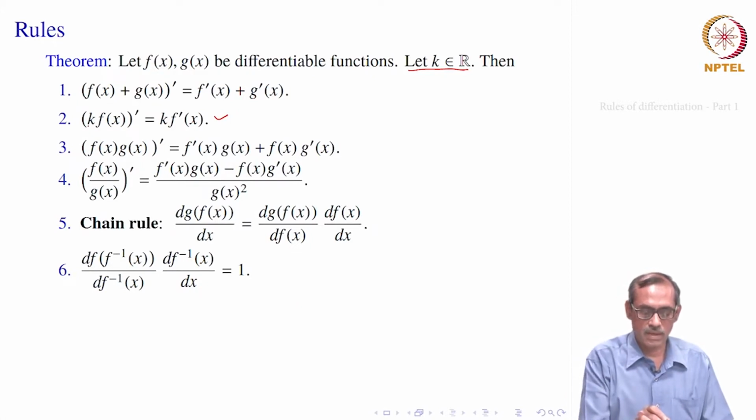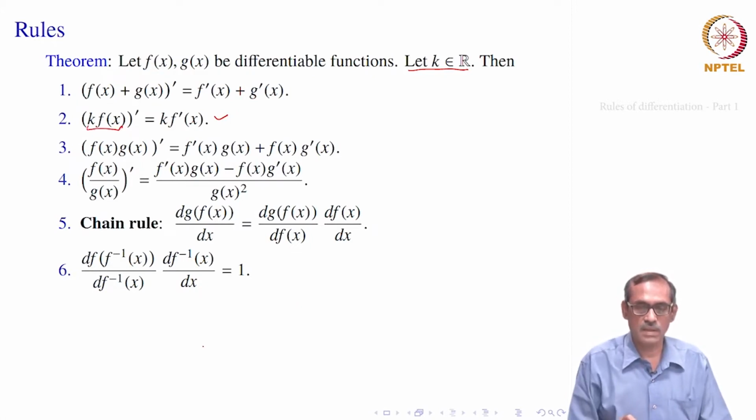Similarly, when you take the constant multiple of a function, then in the limiting process that k comes out. So, you will get k times f prime x. These two things help us, along with the formula for differentiation of x to the power n equal to n times x to the power n minus 1, to differentiate polynomials. We will see that of course soon.